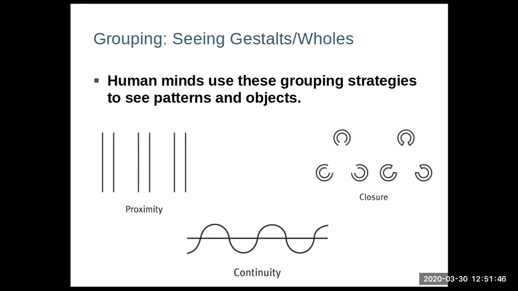So with proximity, what we see here are 6 lines. But those 6 lines, we would tend to say 3 columns as opposed to 6 lines. Why? Because 2 lines, 2 lines, and 2 lines are very close to each other. So although there are 6 lines there, we tend to see, if someone were to ask us, what do we see here? We would tend to say 3 columns because of the lines that are closer to each other, like 3 freeway lines or something like that.